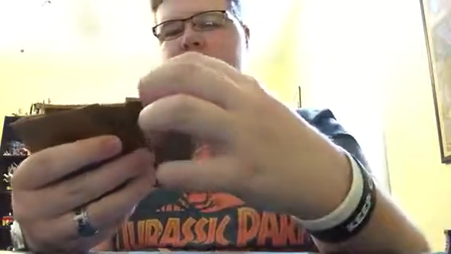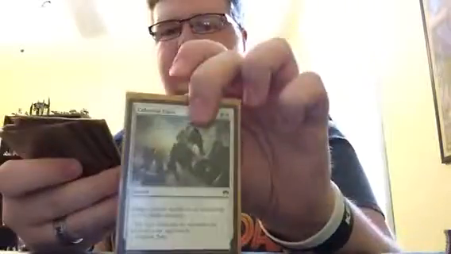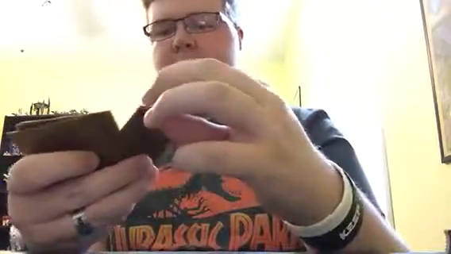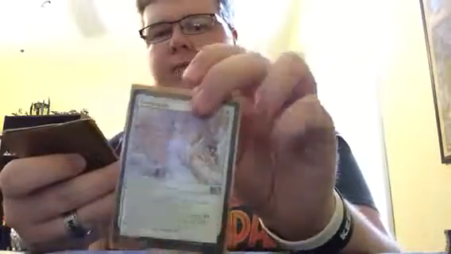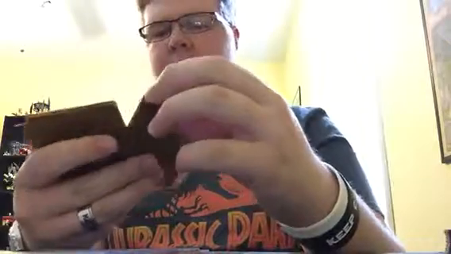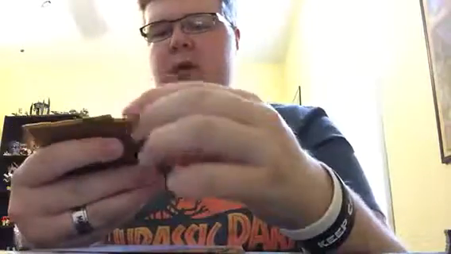Onto white, we have Expose Evil, Gideon's Reproach, Pacifism, Raise the Alarm, Celestial Flare, Kill Shot, Oblivion Ring, Bound by Moonsilver, Vanishing Light, Stasis Snare, Congregate, Day of Judgment, Citadel Siege, Sigil of the Empty Throne, Secure the Wastes, Faded Retribution,